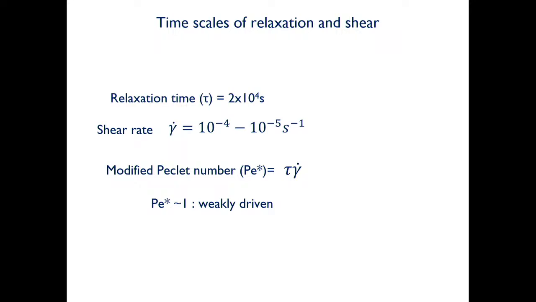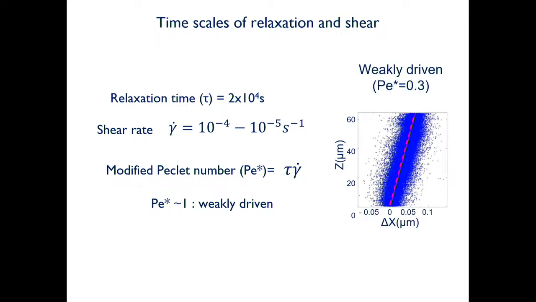This is just the product of these two time scales: gamma dot and the time scale. The Peclet number turns out to be 1, which is weakly driven. These are not strongly driven systems. So these are the kind of systems that we are looking at, and if you look at the shear rates